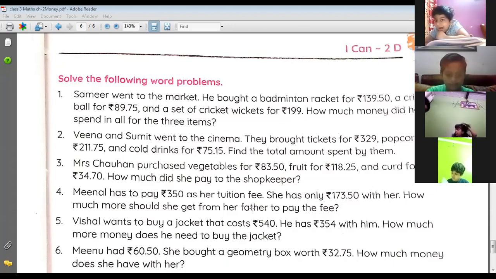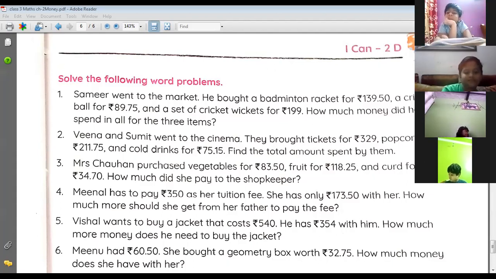Very good. So in the last, can you find out the last statement? Can you give me the last statement? Total amount spent. At the last, you are going to write down total amount spent, and you are going to write down the addition of these items with the solution. Clear? Is it clear? Yes, ma'am. I hope it is clear. Okay, beta.